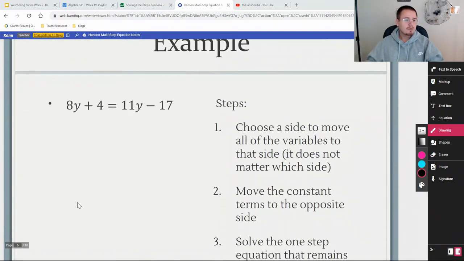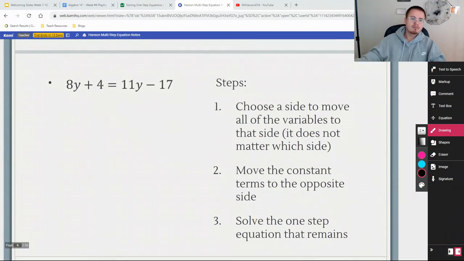So here's an example. Choose a side. Now I like to move the smaller one always. Now you can do whatever you want. That's the beautiful thing about equations, that as long as you do the right stuff, you'll figure out the answer. Now 8 is smaller than 11, so I'm going to move the 8. Otherwise I'll end up with negative numbers. So negative 8y, negative 11y,